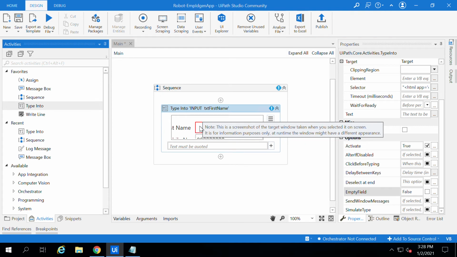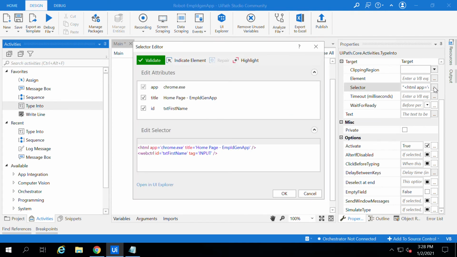It captures the screenshot, and you can go to the selector. In the selector, you can see from which browser it has taken the input, the attributes, and also the site name, homepage, employee ID generation app, and also the attribute.